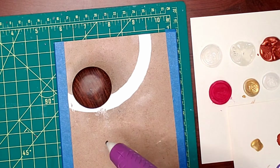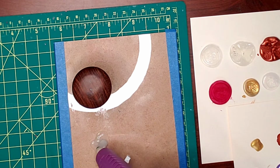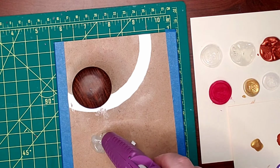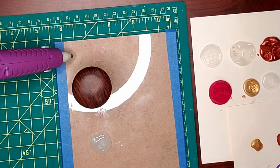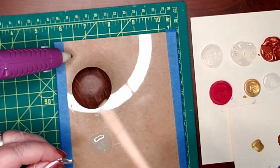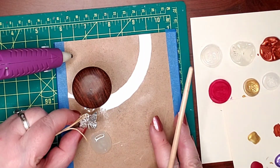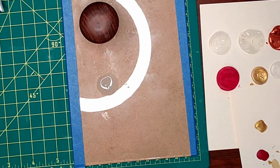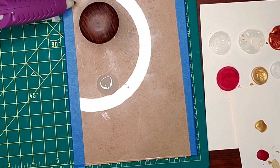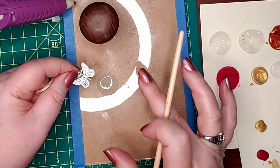So we're going to take some more hot glue, and that's a pretty big butterfly, so we're going to make our dollop a little bigger, like that. And when we take our necklace, which has just got little indentations, there's not too many holes in it, I'm going to use the back end of a paintbrush here. I'm going to hold this string up. Hope you all can see what I'm doing. Let me see if I can't push this back a little bit. I knew that was going to happen. These little ones don't like to stand up very well. Okay, so using the back end of a paintbrush, you let this dry till it's not cold but just warm,